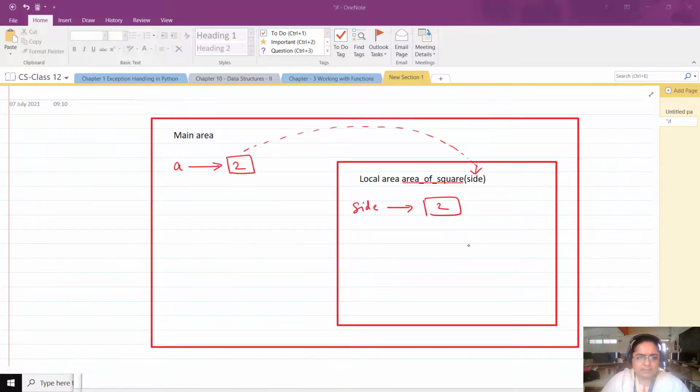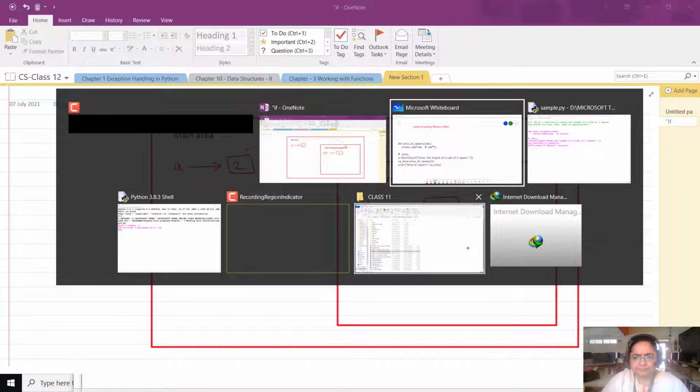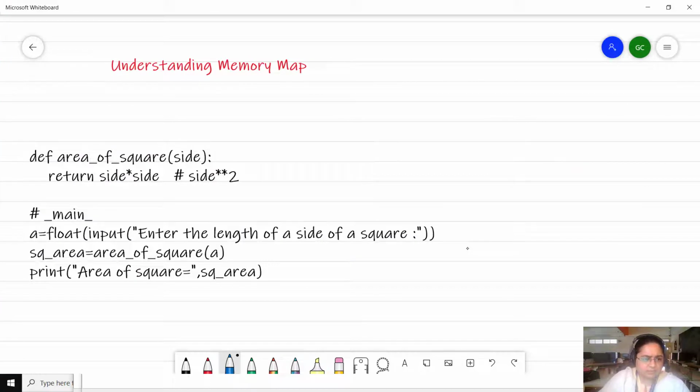Now the next thing is over here. First of all, a is asked from the user, so we have done that. We have also passed the value to the function, that is, a's value will be passed to side, and then the return statement is executed, that is, first side into side will be calculated, 2 multiplied by 2, which is equal to 4.